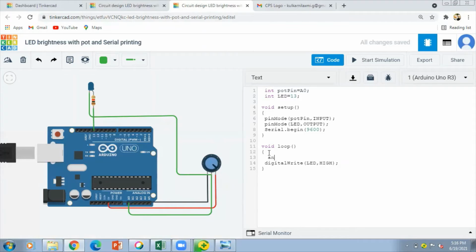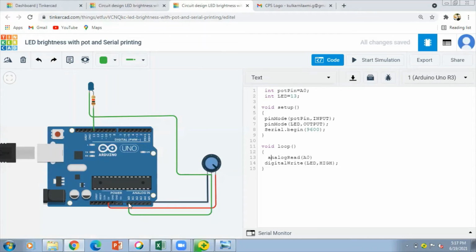So I'm going to read the value as analogRead. Which pin are we going to read? Pin number A0. We have connected the wiper to pin number A0, so we need to read the value of A0.